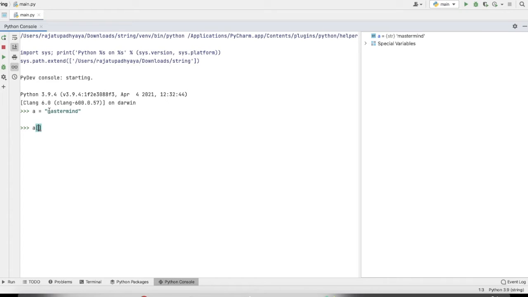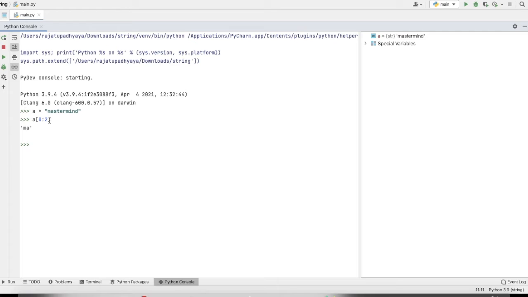Suppose we just want to print this M and A. So first we will write the starting index, that will be 0, and the end index will be 0, 1, 2. So we will write 2 here. You can see now it will print MA. 0, 1.